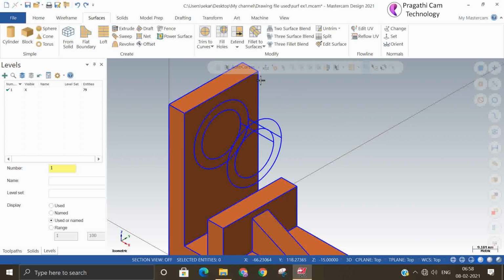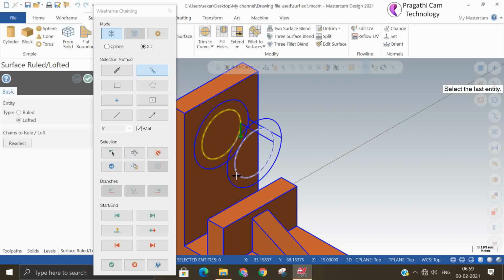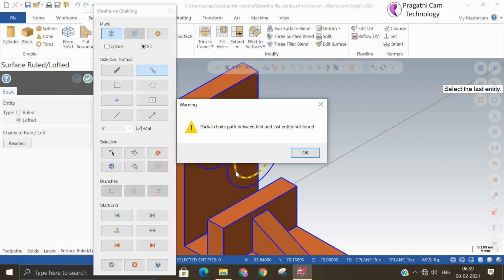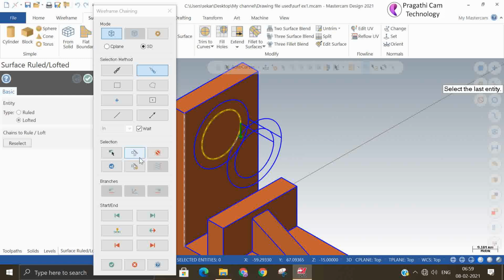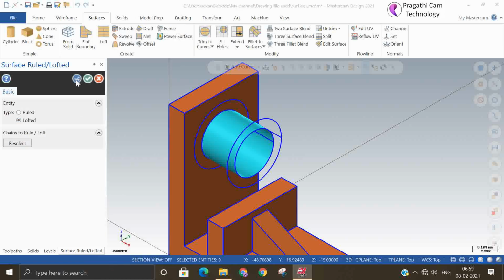It's difficult to understand the blue and green arrows, so I'll select the partial option so that it will be easy to understand. Now it's down. Accept. Now you see, that arrow was down, so reverse it. Now both are in the same direction. It has been made now.